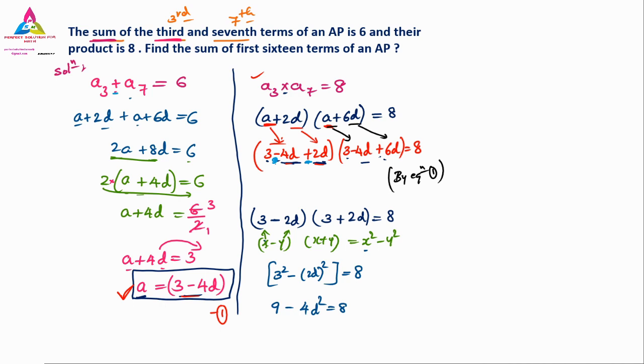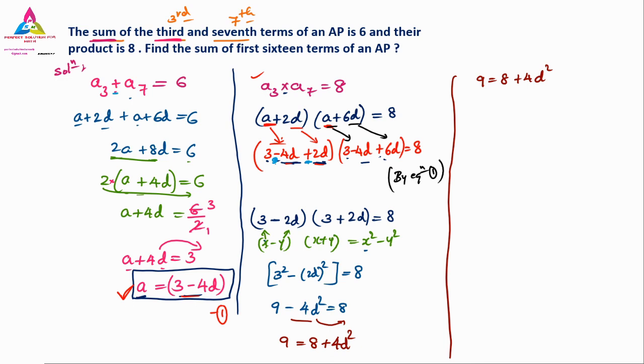So what we can do, this d is having the negative symbol. So this 4d square only we will bring on the right hand side. So 9 is equals to 8. That negative value, when you bring on the other side, it will become plus. So plus 4d square. Next, very importantly, 9 is equals to 8 plus 4d square we have.